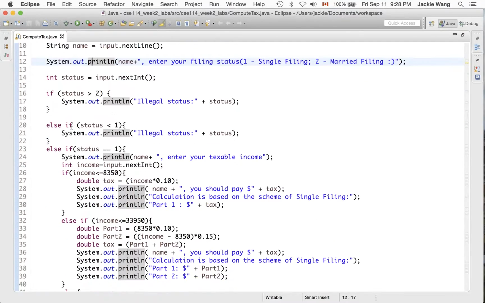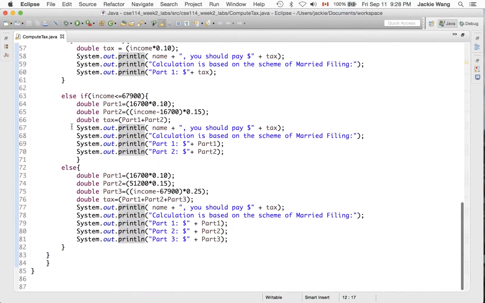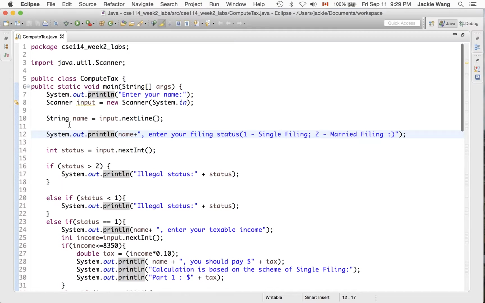So let's just go quickly. The code is not too long, so let's go very quickly. Let's see what this code is trying to do. First of all, we tell the user to enter their name, and then after